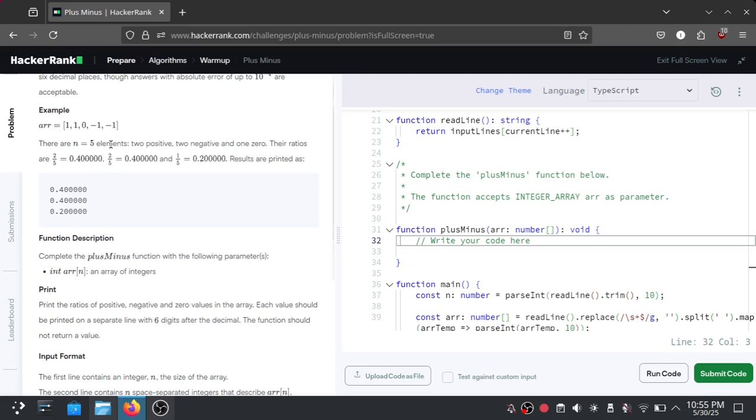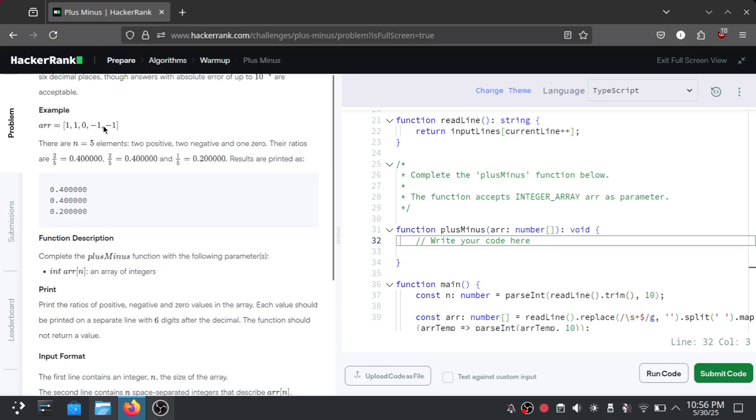And then we are trying to iterate over the status of each element inside the array. So for example, the first iteration is a positive number, and the second iteration is also a positive number, and 0 is considered 0.